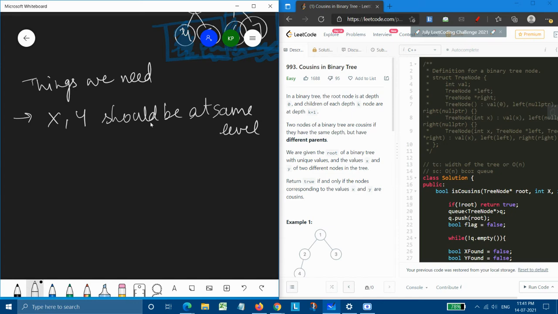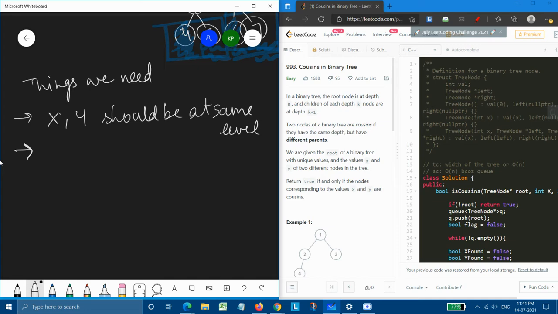If we do a DFS approach in this question, then it will be going deeper and deeper, not level by level, and that doesn't make much sense. So that's why it's better to use level order traversal in this approach.